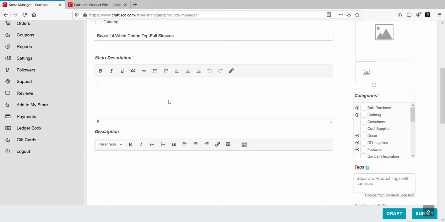The description has to be precise. So always add as much information as you can about what you're selling. It's a beautiful white top, material cotton, right?